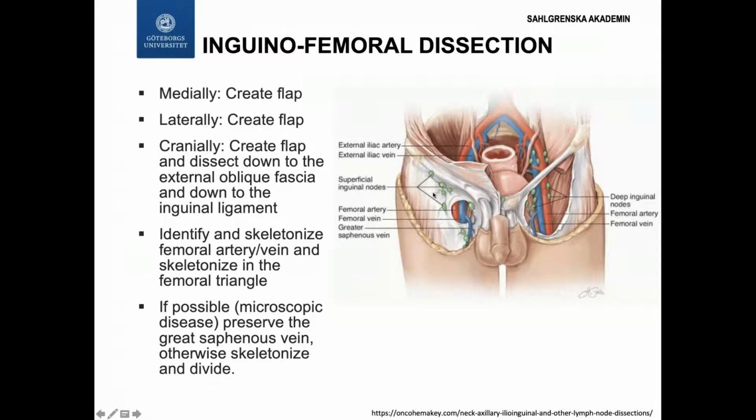So how I do this, I do my lacy S incision, or just a longitudinal incision. I create a flap medially and with the Scarpa's fascia, laterally the same thing, and then I go cranially up to the external oblique fascia up here, and then I go down on the fascia to the ligament. I start with the artery because that's palpable, identify it and start to skeletonize the artery and vein and get these nodes that are on the side and on the artery and vein, and go down to the end of the